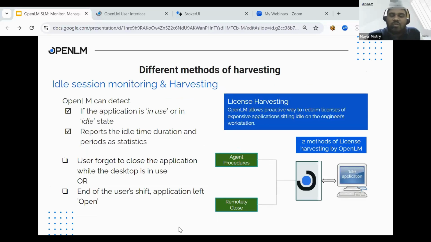So we can also harvest the Sentinel RMS licenses. Now, first, let's understand what harvesting is. License harvesting is a proactive way to reclaim licenses of expensive applications sitting idle on the engineer's workstation. This helps in maximizing the utilization of purchased licenses and reducing the need for additional licenses. OpenLM's license harvesting feature automatically detects idle sessions and idle licenses and reclaims them, ensuring that your resources are used